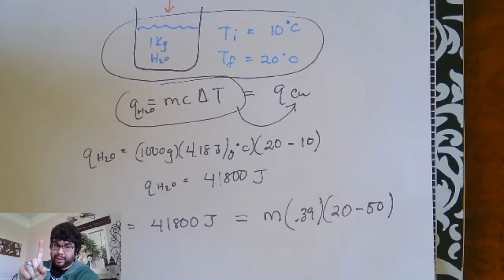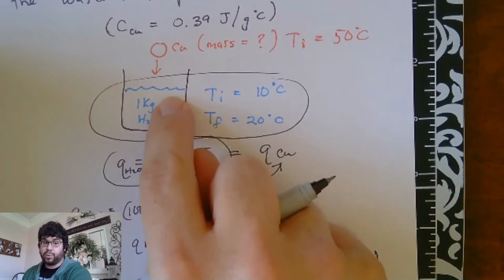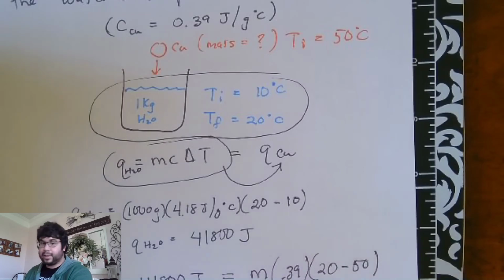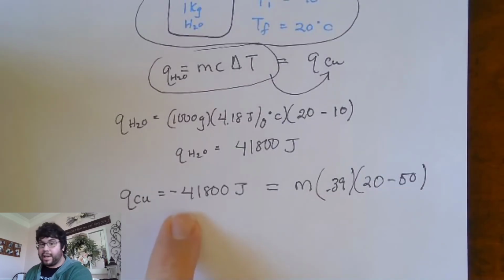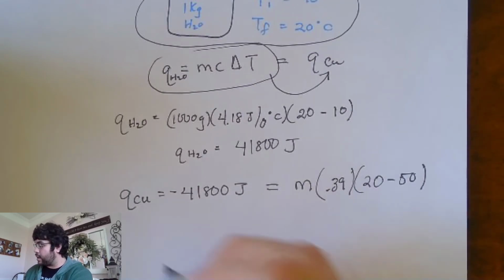Remember though, this process for the copper is exothermic. It's giving its heat to the water. So I'm going to mark this down here. This energy is negative. It's being lost by the copper. So it's going to be a negative number. So let's just go ahead and do the math now. So negative